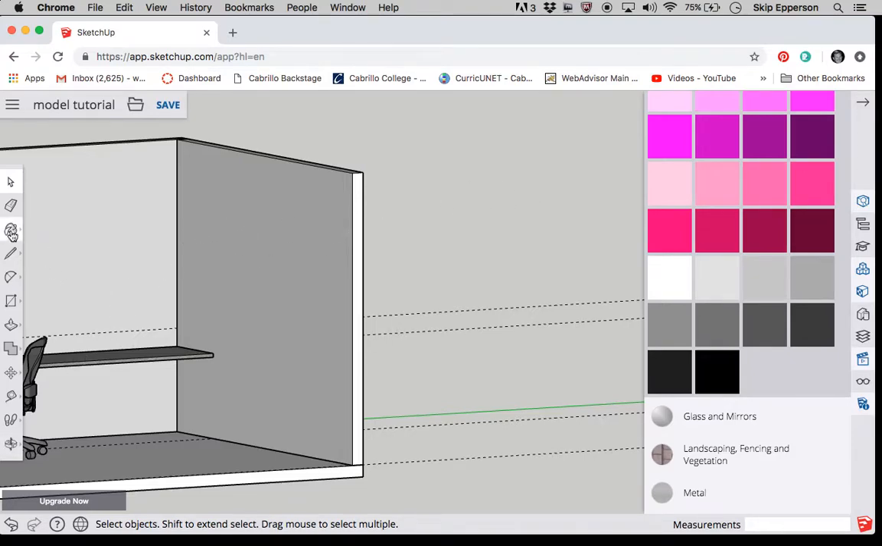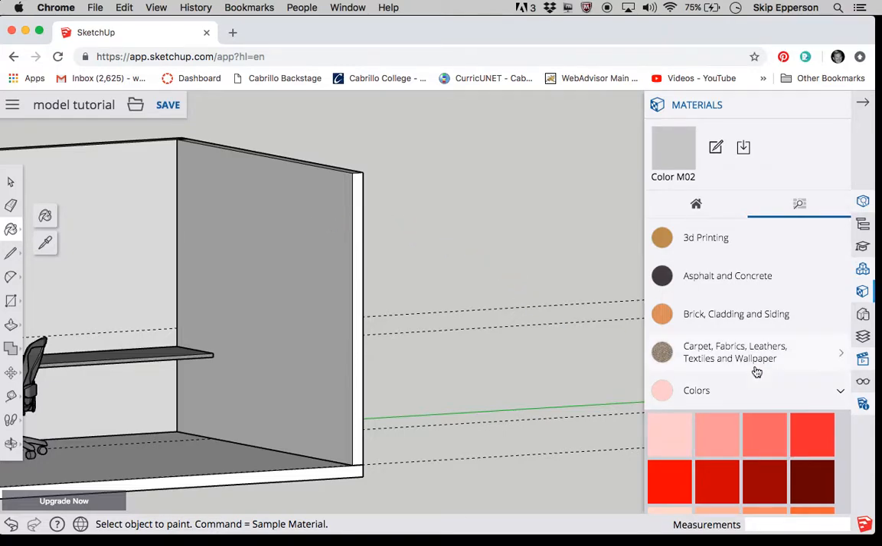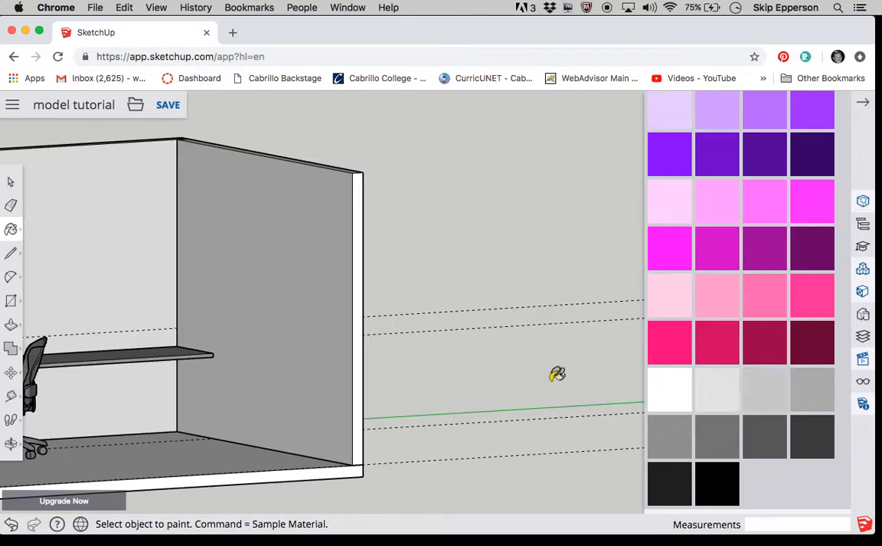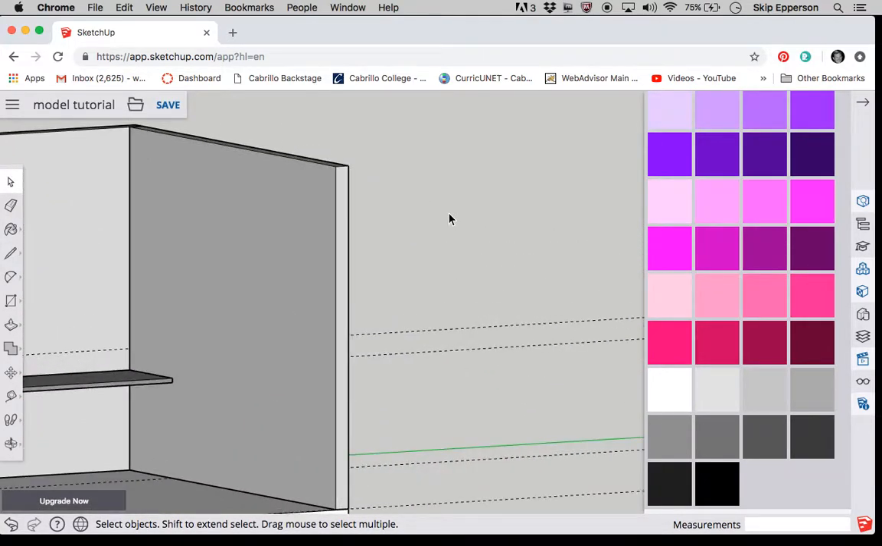Let's see, I think paint the whole thing just for fun. All right, there's the color, paint the whole thing. You can see it changed it a little bit. All right, so the whole thing is now gray. Painting the floor